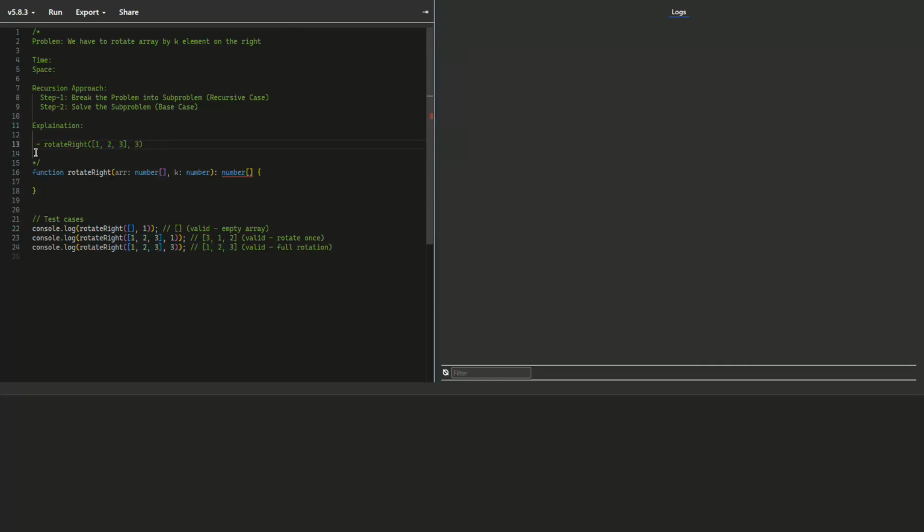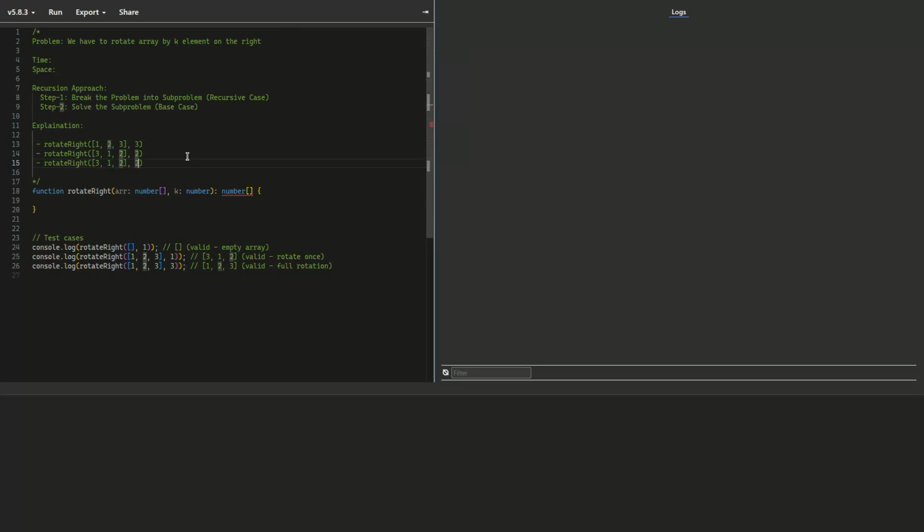All right, so let's do this. So what we're gonna do first is that we're gonna break the problem into a subproblem, right? And how are we going to do this? So basically in this method, we're just gonna break this k variable. It's like decrementing this one at a time. So let's say that first time we call this function, we initially had k, right? And then what we did is that we're going to reduce k by 1, and what we do is we take the last element and we put it on the front, right? Each time we decrement